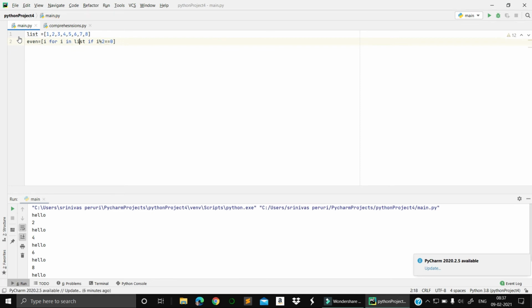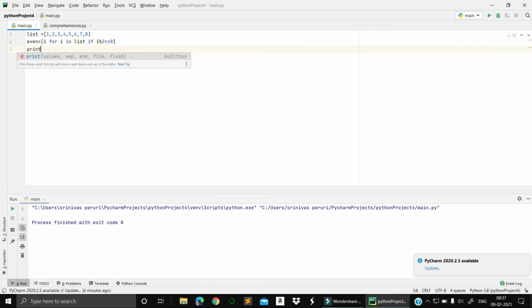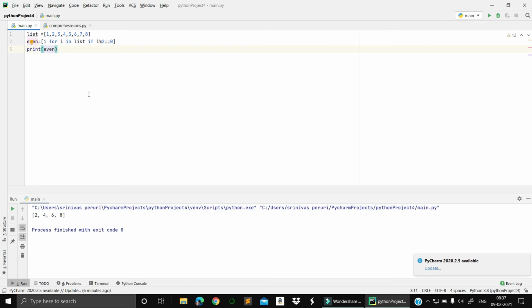I want to print the elements in such a way that they are separated into an even list or an odd list. I'm not giving any print statement here. If I give the statement like even, then I'm getting all the even elements separated, 2, 4, 6, 8. If you take this list, we have a set of elements from 1 to 8 in which both even and odd are combined. With the help of list comprehensions, I am separating the even elements itself. I hope you are very clear, right?